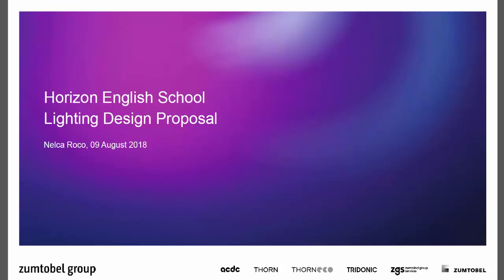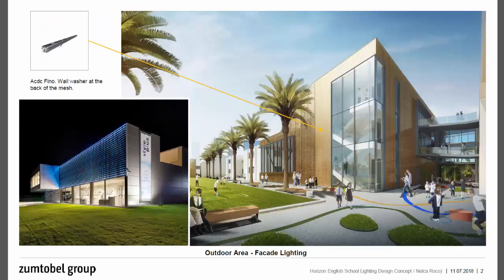So what you're going to do is ask for some images, because most of the architects provide a design concept presentation. You can ask that one, and then you will incorporate your product selection into those images or renders. Okay, so let's start on this one. This is the first page. So this is the outdoor area. So this is the concept of the architect. This is an architectural rendering image of the architect.